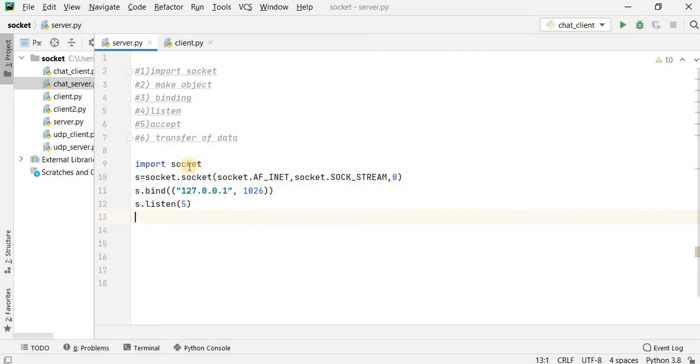In my case, I am using 5. It means I can assign 5 clients to the server at a time. So this step is also successfully completed.